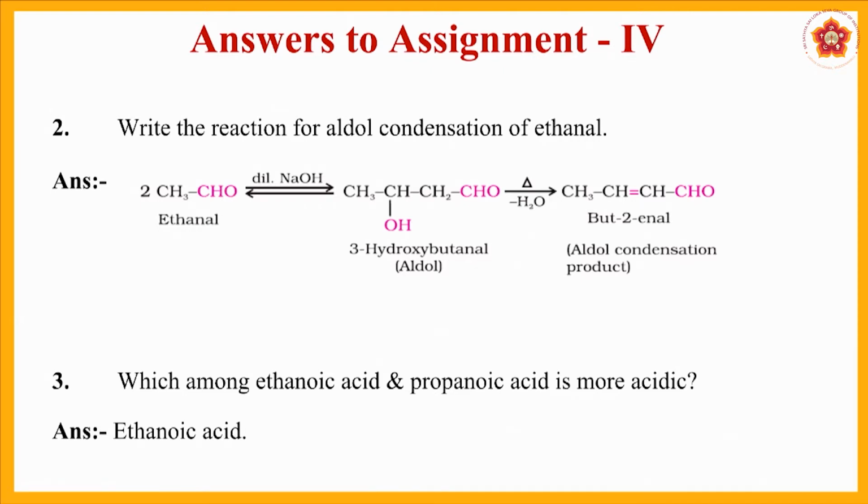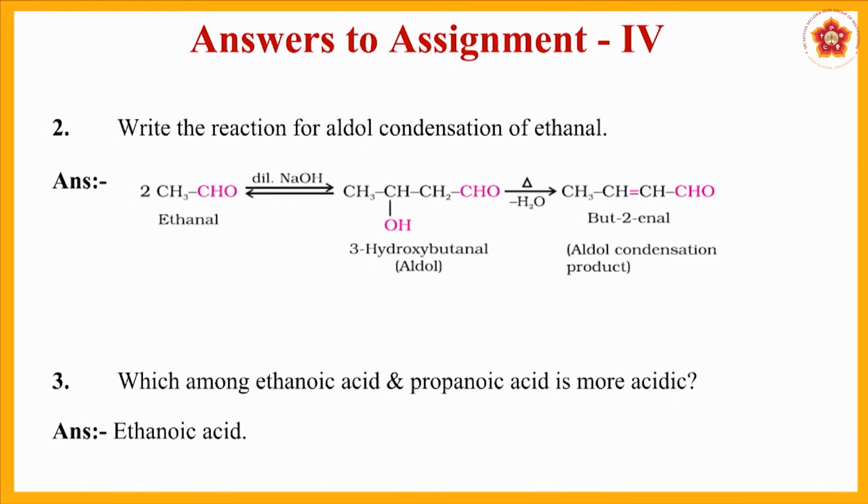Yesterday in the earlier class, we analyzed the various mechanisms that these undertake. Mechanisms are not part of our syllabus, but to arrive at this product, understanding the basic mechanism is very important. On further heating of this aldol which is generated, we can also get the corresponding compound which has a double bonded system, alkenes as well as aldehydes. So, this is about the aldol condensation of ethanol.